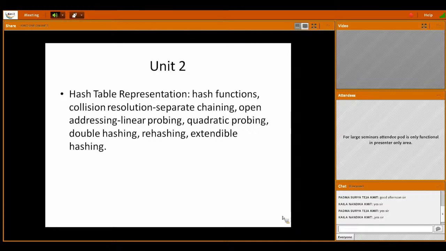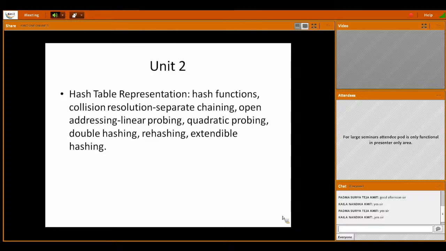Like how we had a key and value in the dictionary, and in the skip list we made use of that, on a similar basis, in the hash table also we continue to use this concept of dictionary, that is key and value, in a different data structure format. As per your syllabus, your hash table representation, which is the main heading of this part of Unit 2,